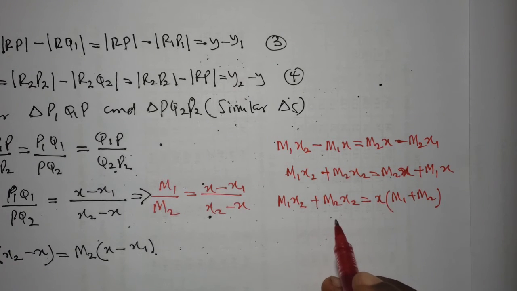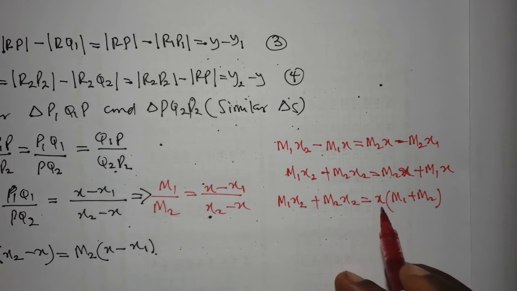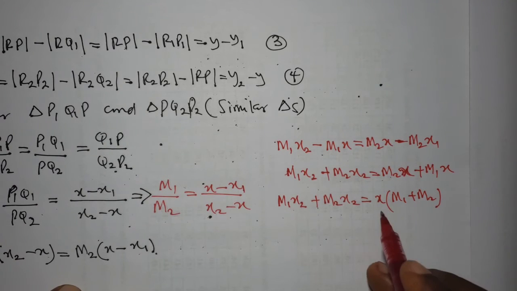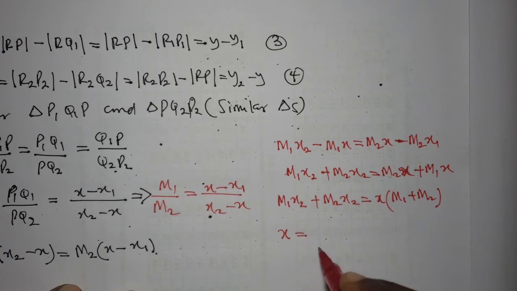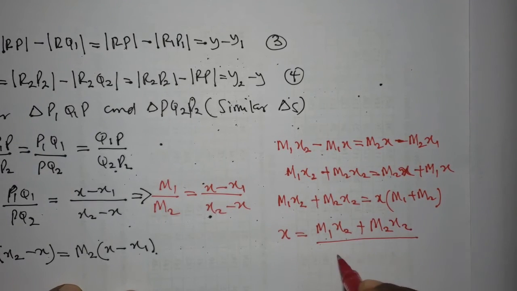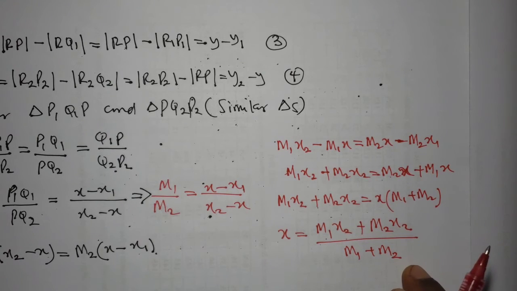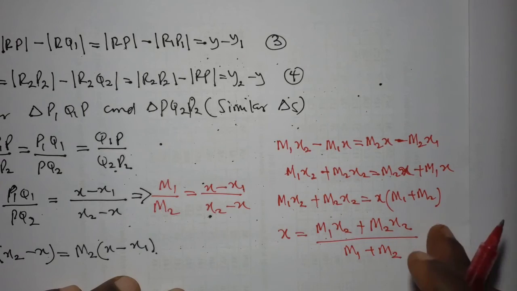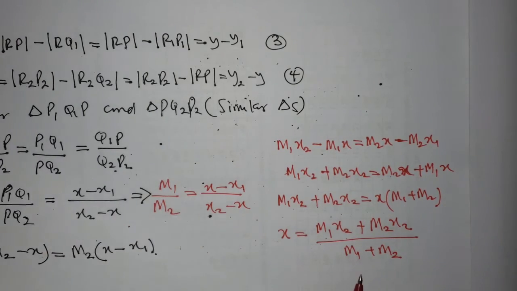If we divide both sides by M1 plus M2 to get the value of x, then we're going to have x equal to M1 x2 plus M2 x2 divided by M1 plus M2. And what we have here is the x coordinate of the point. We shall come back to this. So similarly